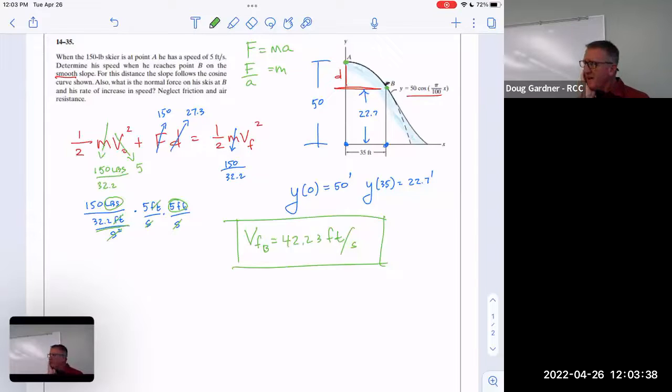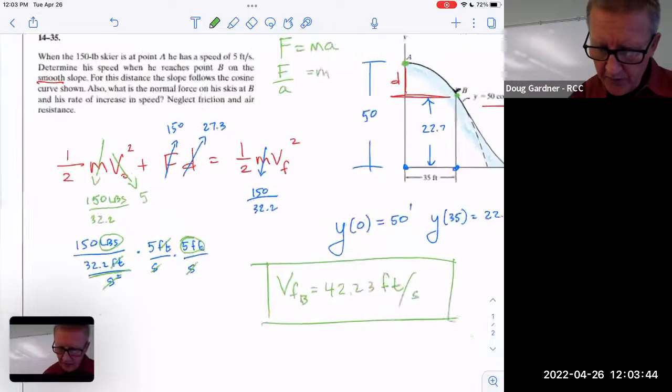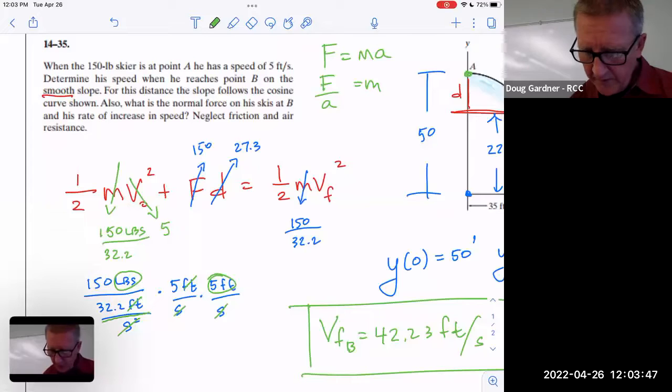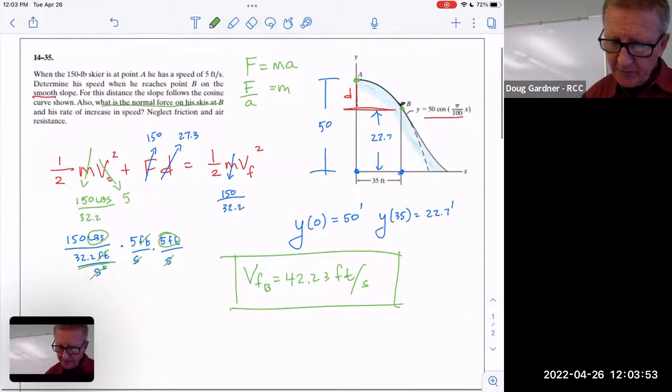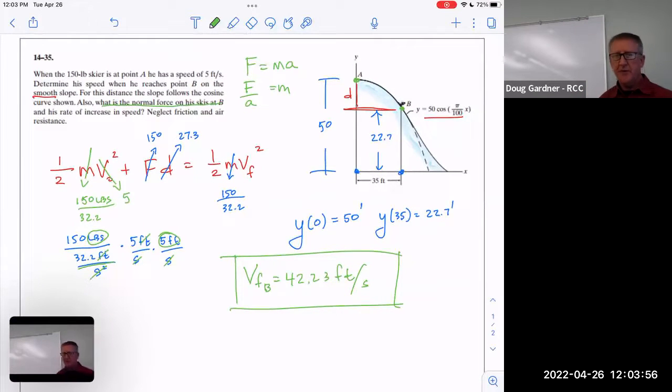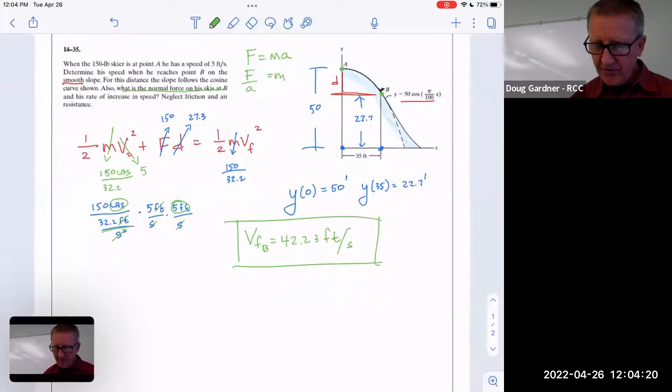Notice though, that's not the only question they asked, which again, this author is pretty good. That's a good question to ask, but he asked the second question here, which is also, what is the normal force on his skis? Because we talked in the last section about how you can be in some places where that force pushing you on the snow is so large that you can't stand up, or so small that it's negative, which means, oh, I'm flying, right? That was part of that project that I don't have from any of you until after class, right? So that normal force is kind of an interesting